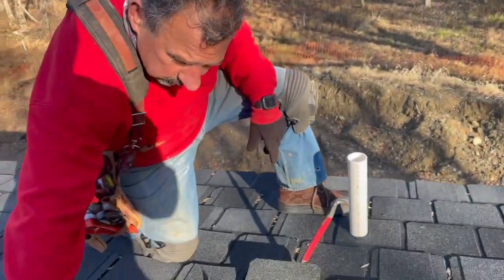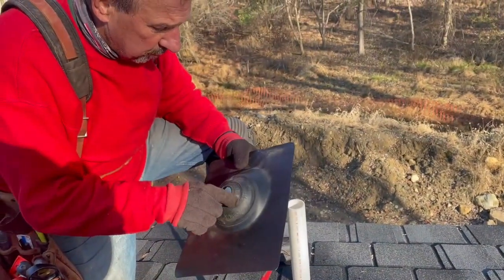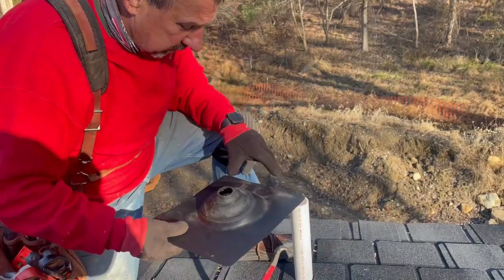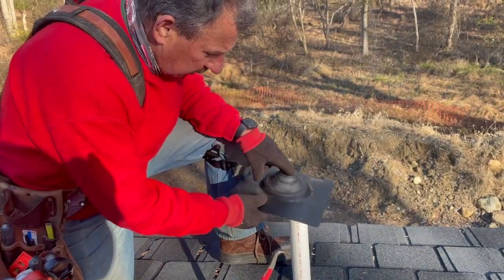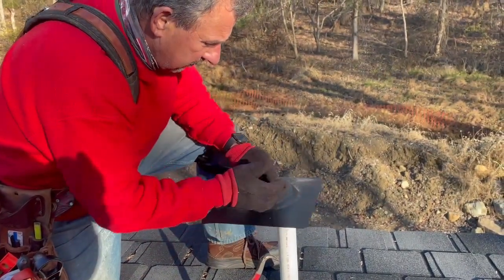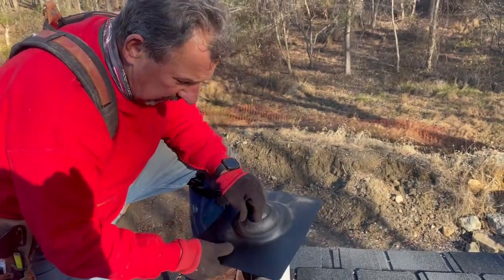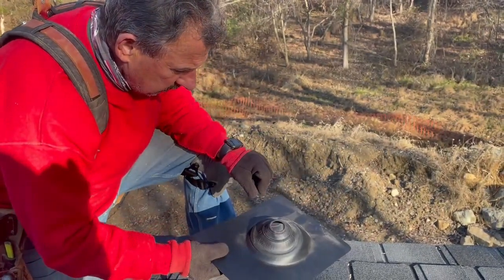And then this is the boot that we'll have to cut around the 2-inch pipe size to make it fit here. But what we do is drop this over, this is a tight seal here. We have to pull shingles out of this area and then lay them back over this edge of metal here like a typical step flashing so we can shed the water away from this hole. And what's this venting? Is it venting the...